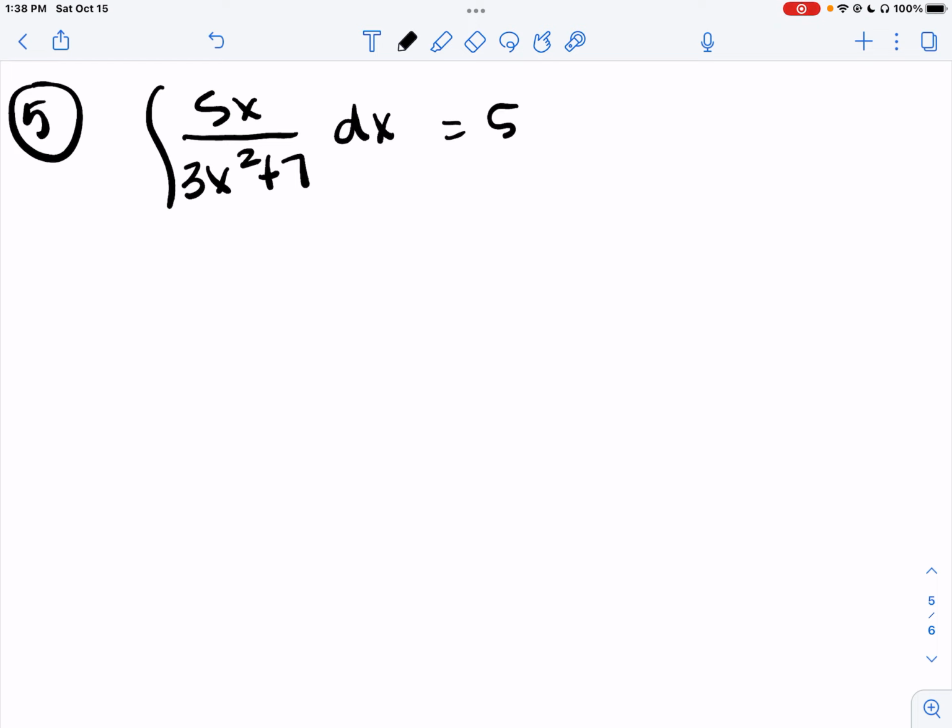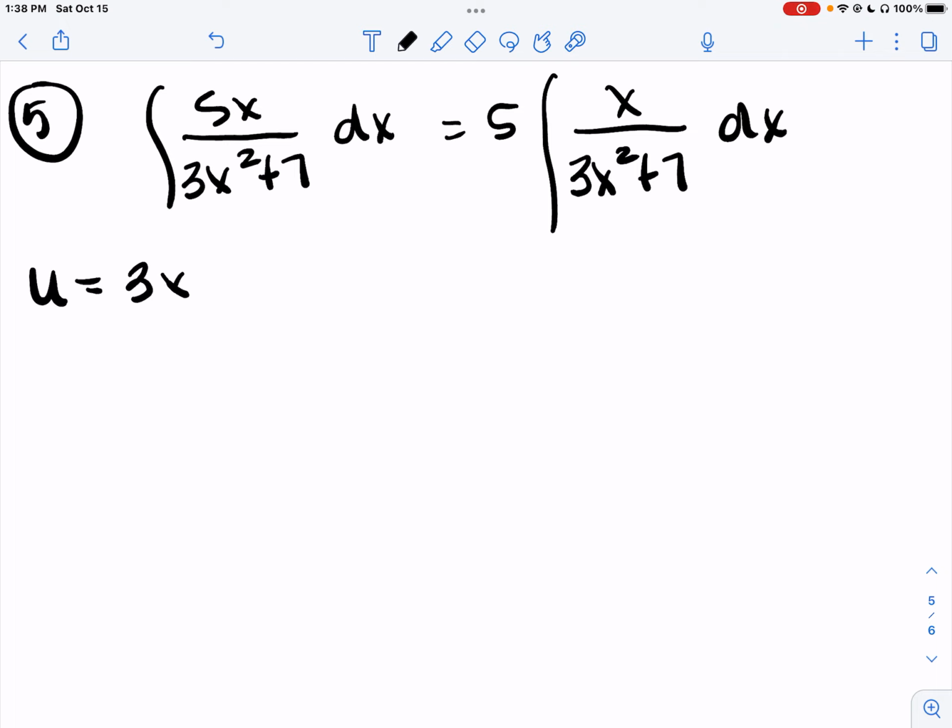Now the rest of the problems will be integration. Okay, I don't need that 5. We're going to see that we need a different number there. Okay, anytime the power is one more on bottom, look at the ln. So u is what's at the bottom. Du. Okay, so that means I'm going to need a 6,